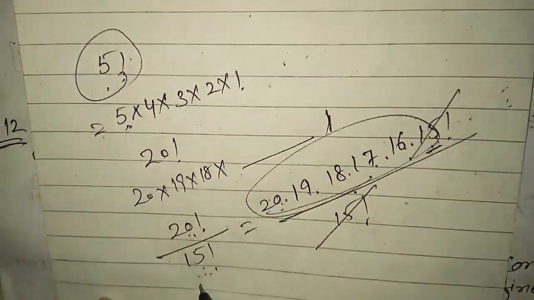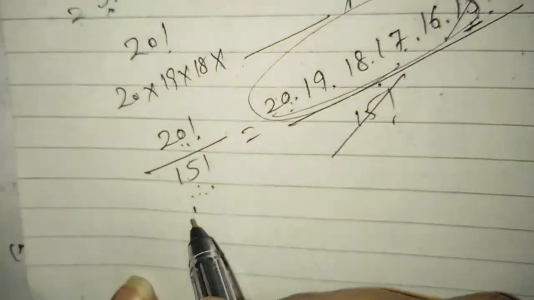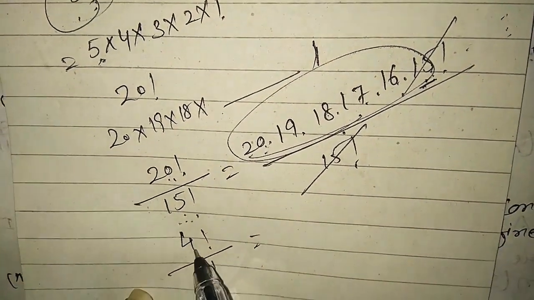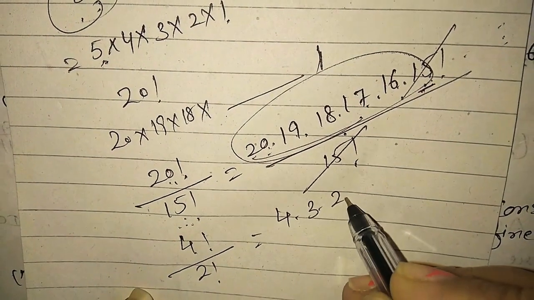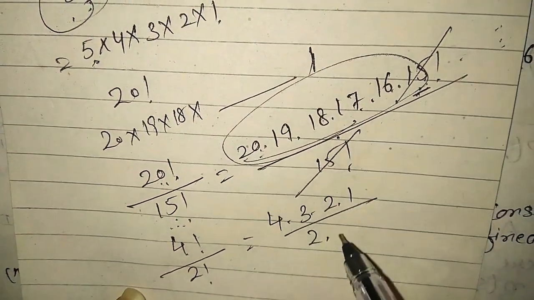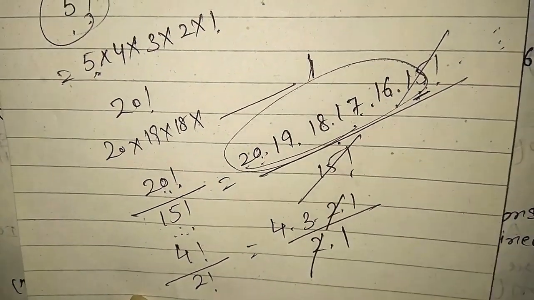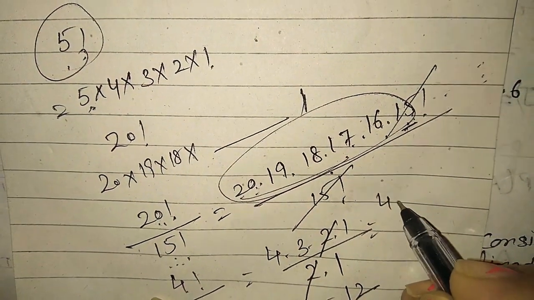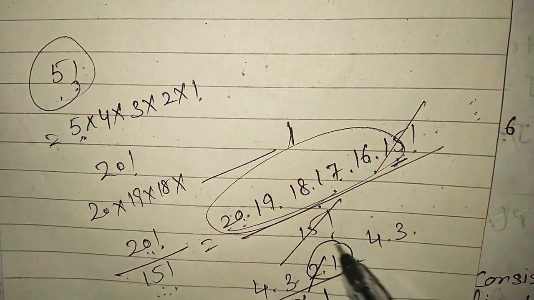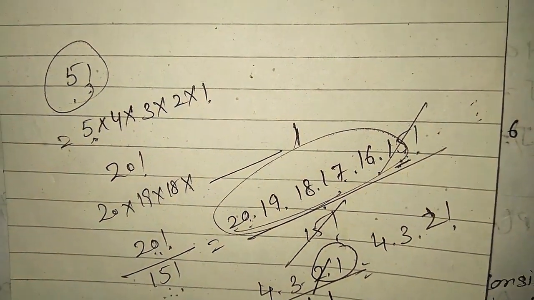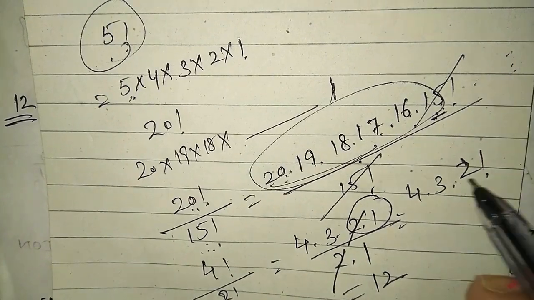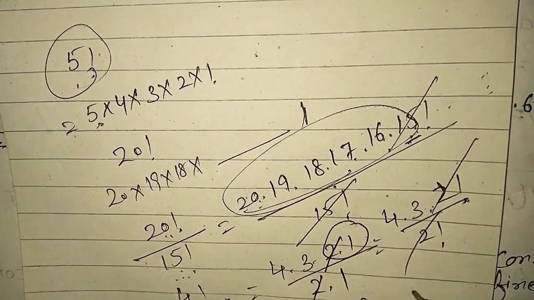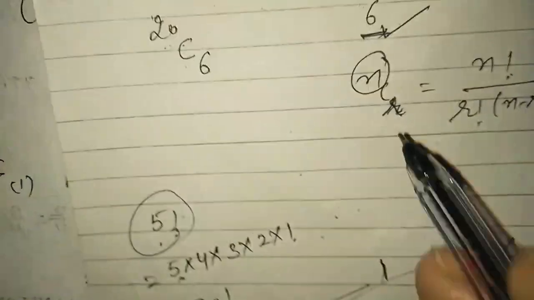Let me take a simple example, 4 factorial upon 2 factorial. What is the meaning of this? 4 factorial means 4 into 3 into 2 into 1 and 2 factorial means 2 into 1. So we cancel the 2 and 1, and the answer will be 12. Or we can write 4 factorial as 4 into 3 into 2 factorial. We only need to go down to the number given in the denominator, and we stop there. The denominator is 2 factorial, we cancel, and the answer is the same, 12. Same in this question.